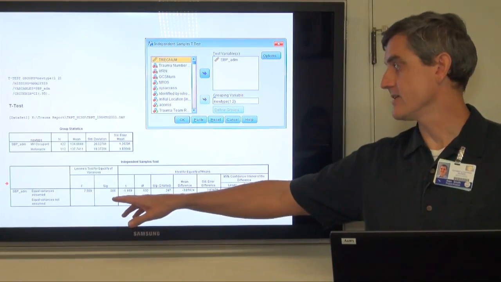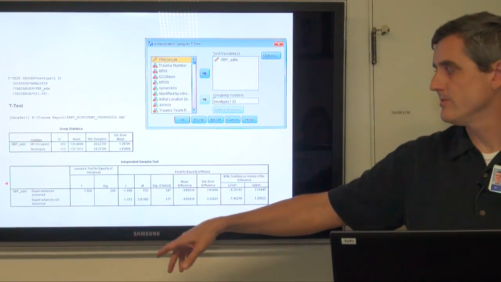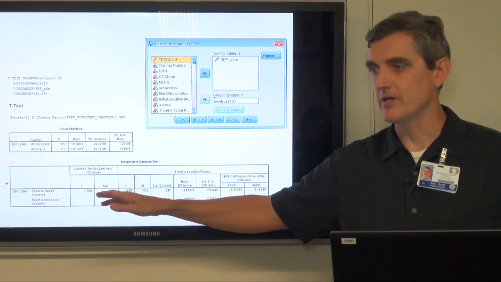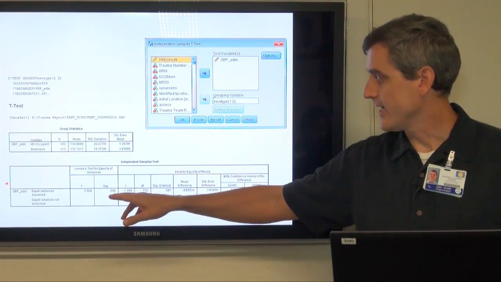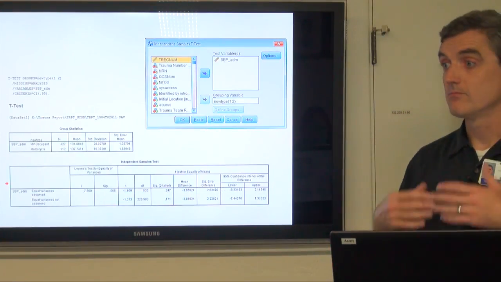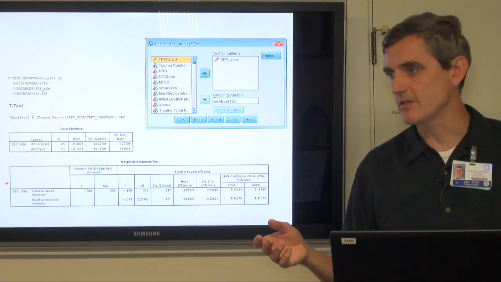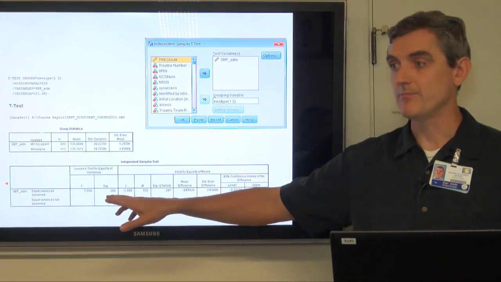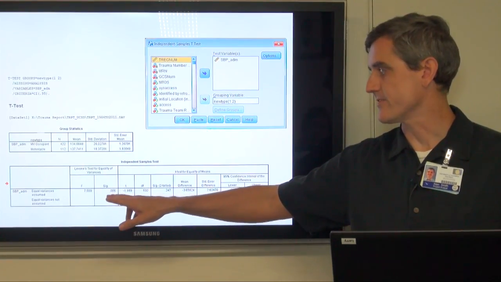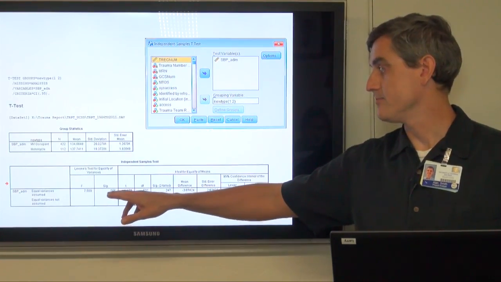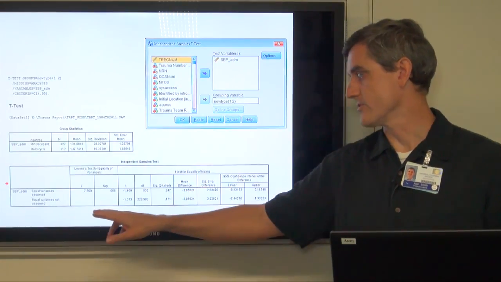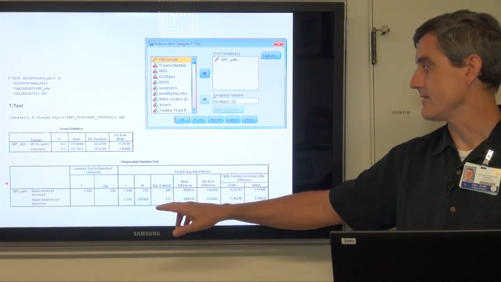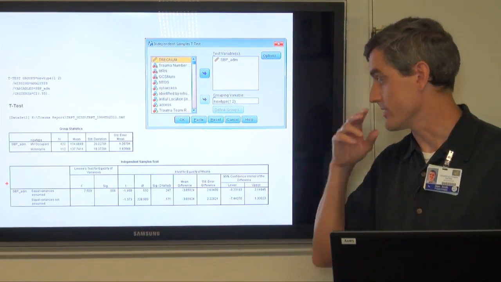And it has another significance. This is another p-value. This refers to the null hypothesis that the variances are equal. And actually, even though we looked and said, okay, based on our eyeball test, they're not that different, it actually didn't pass this test because it has a significant p-value here. So we're going to assume that they're not equal and look at the second row that says equal variance is